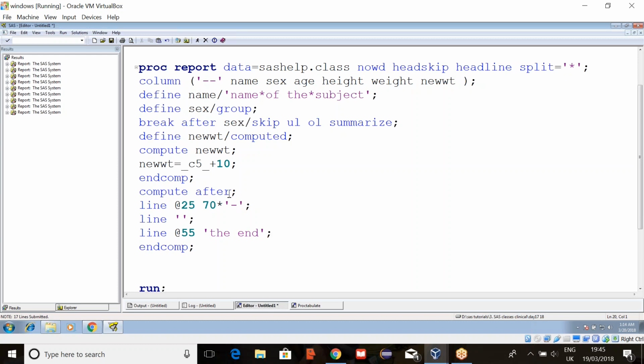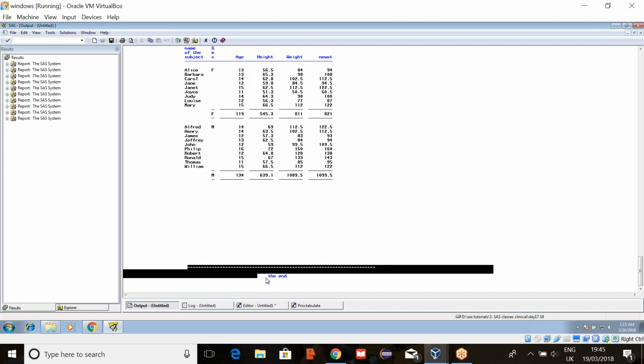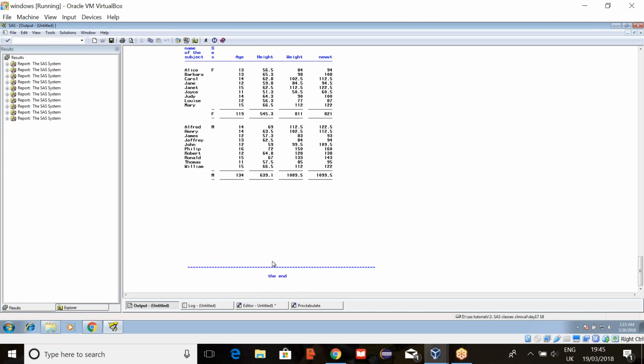It wouldn't be as flexible as these options. And after page: the page ends at the end of the 54th line. So somewhere here, see, this is after the page. Page ended here, but the report ended here.